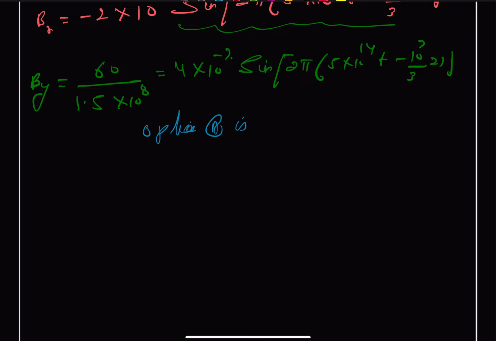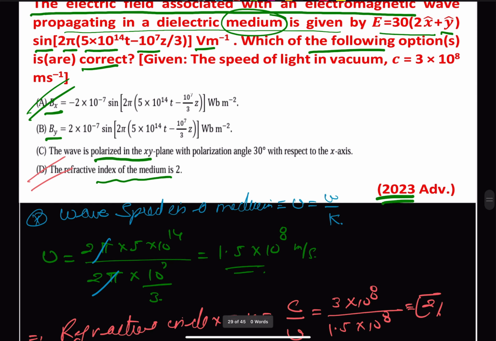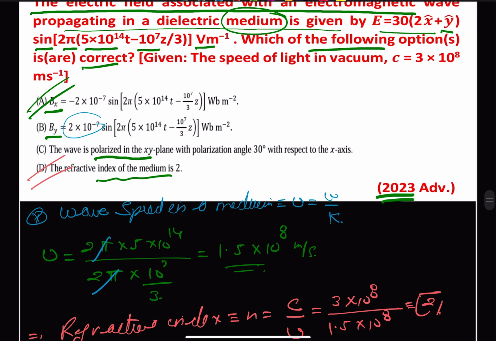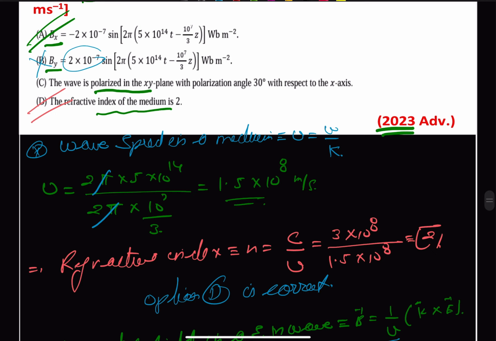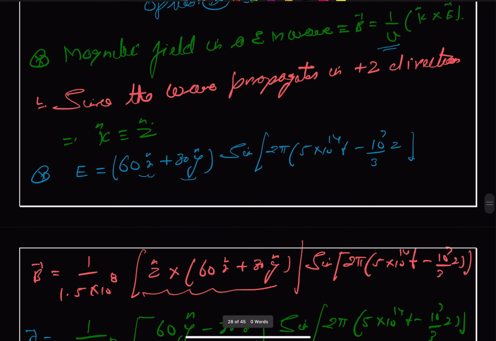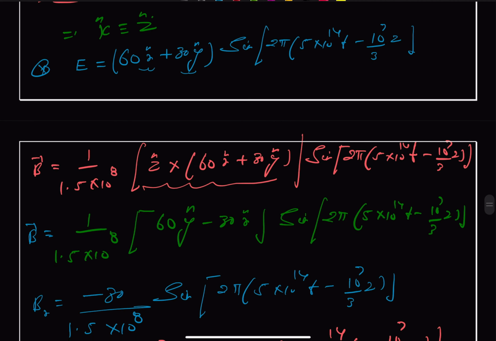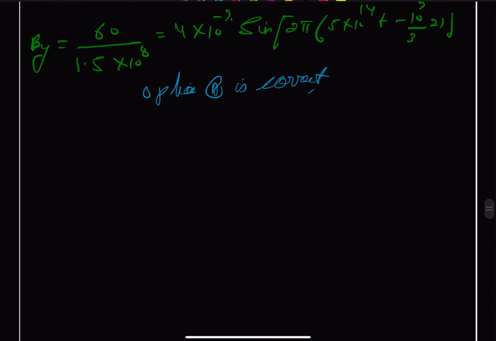Option A is correct, and option B, this magnitude part is our maximum value of magnetic field, is wrong. And finally, we have to find out the polarization, and the polarization will be, you can say, tangent of theta, y component of electric field divided by x component of electric field. So we can say polarization angle theta